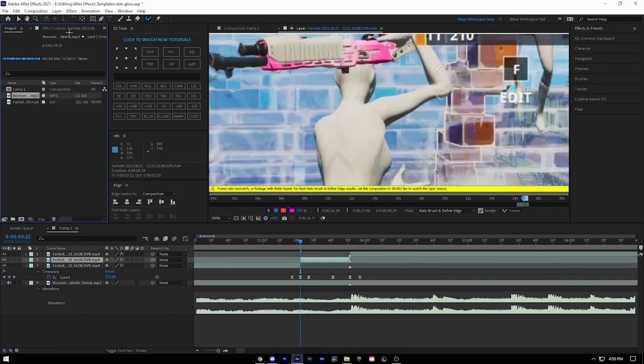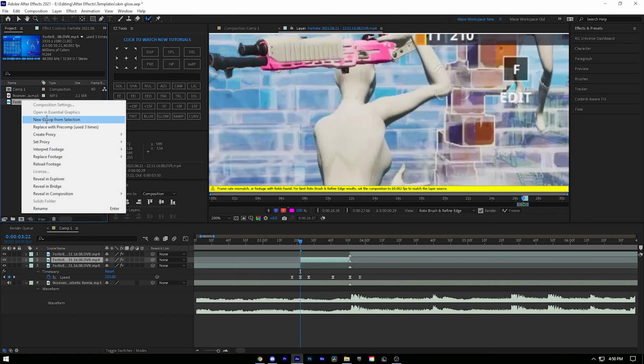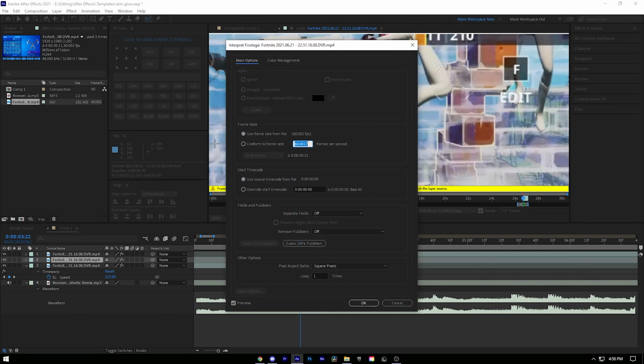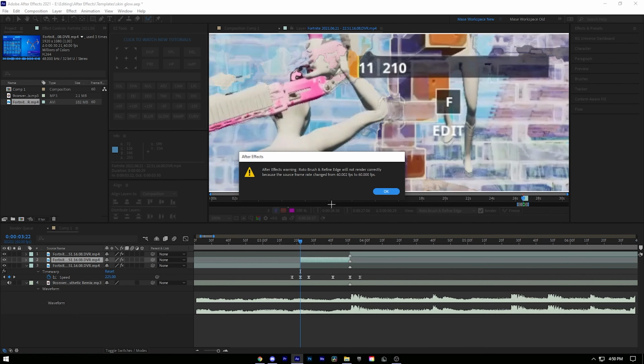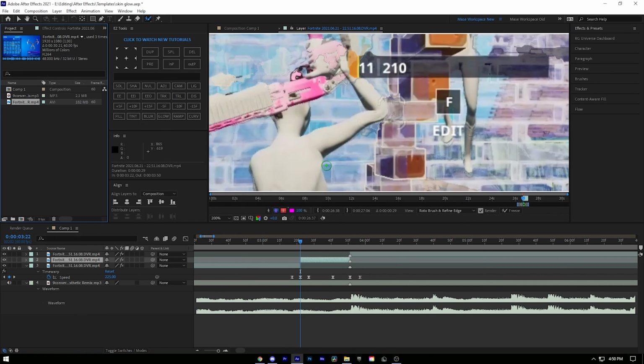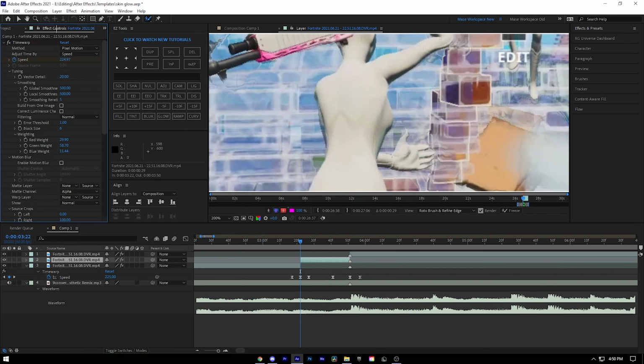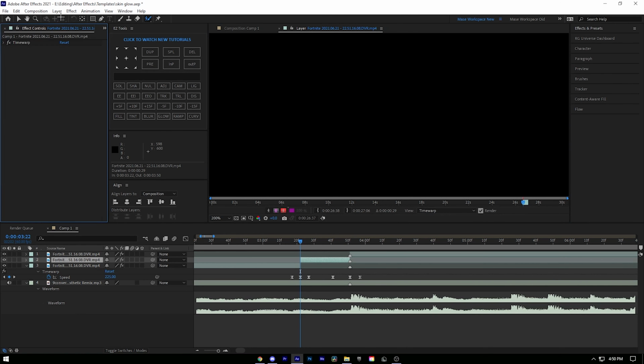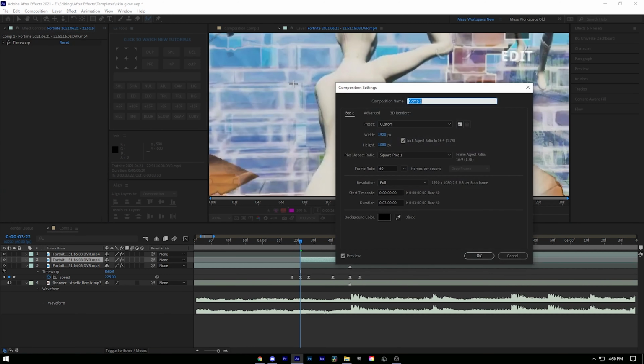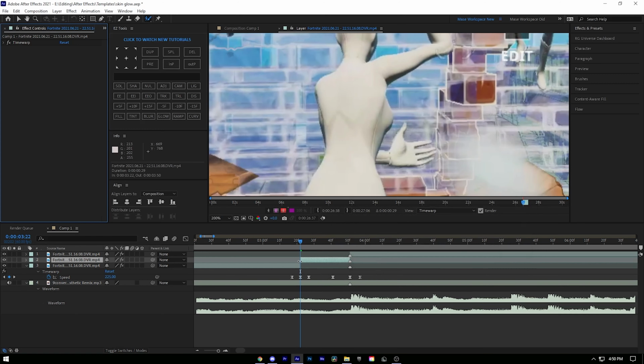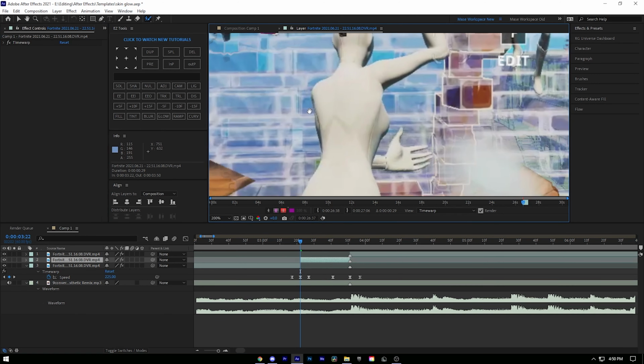To fix that, you're gonna go over to your project window right here. You're gonna right click on your clip, press interpret footage, main, and then change this to 60 and just press OK. And now you can press OK if that pops up. And now basically you can delete this roto brush and restart, because if you change your composition frame rate, it messes everything up. So just go to the first frame of this split,